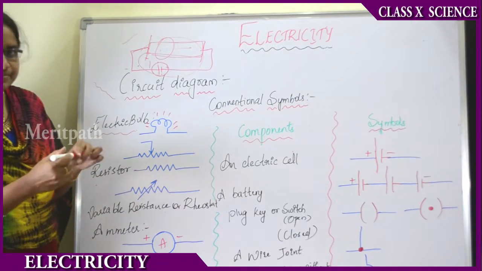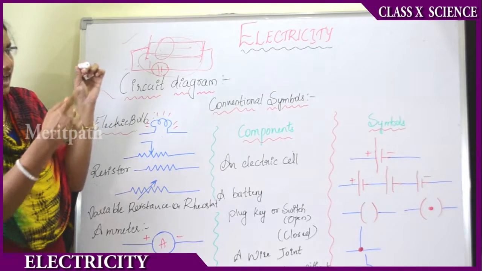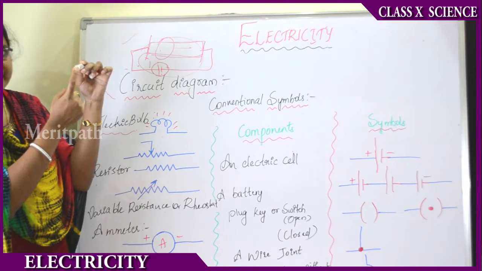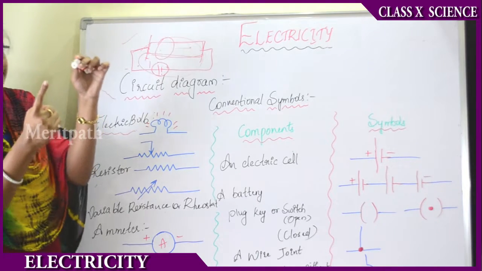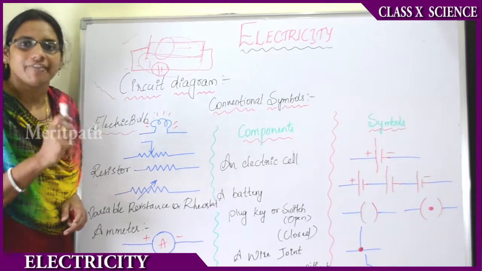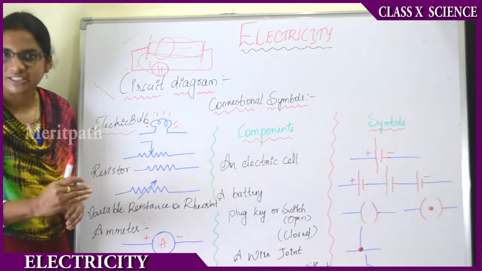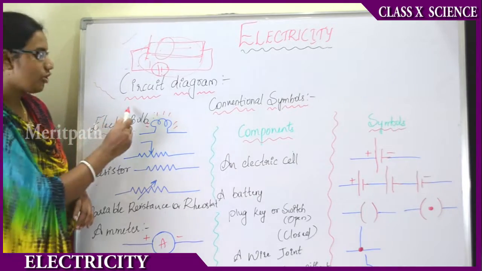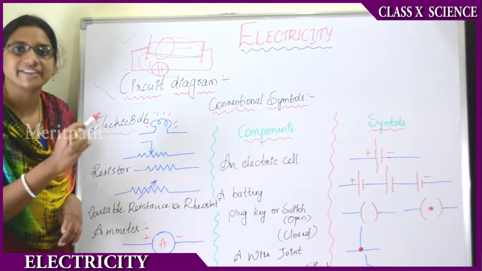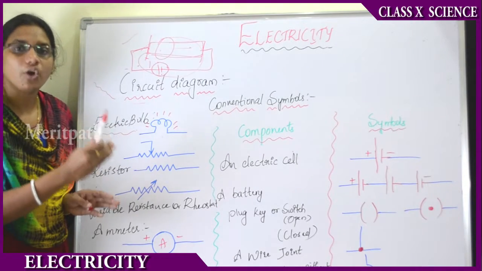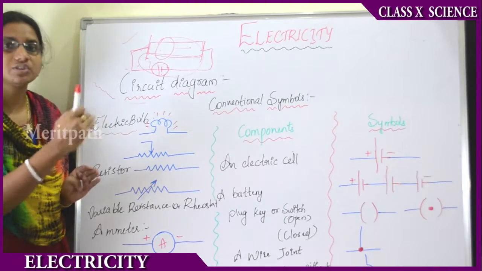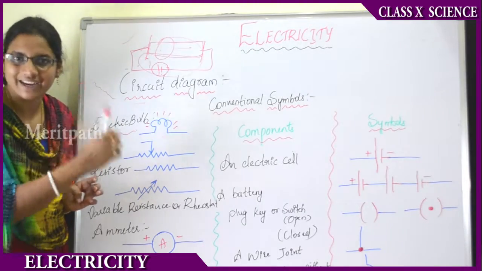If the opposing force of water is the viscous force which will be opposing, that means if you take one pen and I am moving it in the forward direction and I am opposing in this direction, this is the opposite force and this is the forward force. According to the law of conservation of energy, for every action there is an equal and opposite reaction. In the same way, for the flow of current also, there is an opposite force which is acting, that is resistance. It opposes the flow of current. That means it reduces the flow of current. It wants to stop the flow of electrons in the conductor.